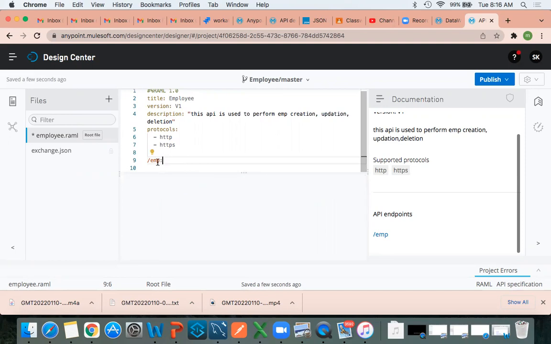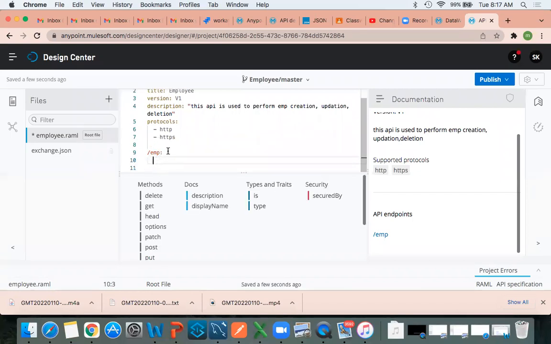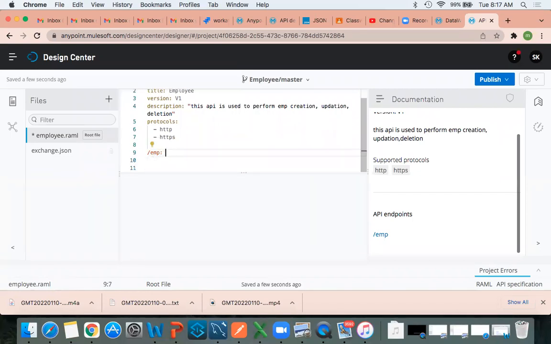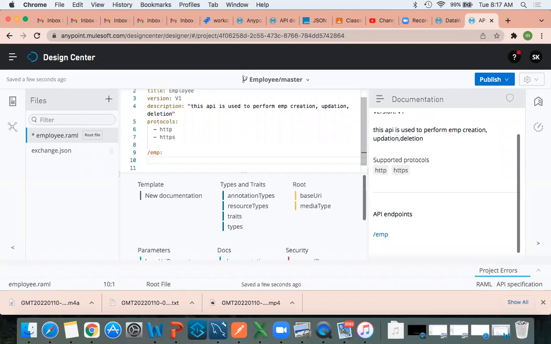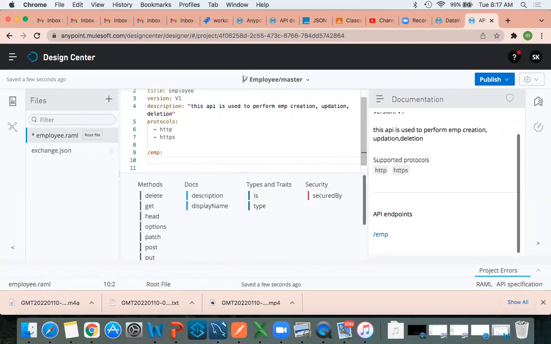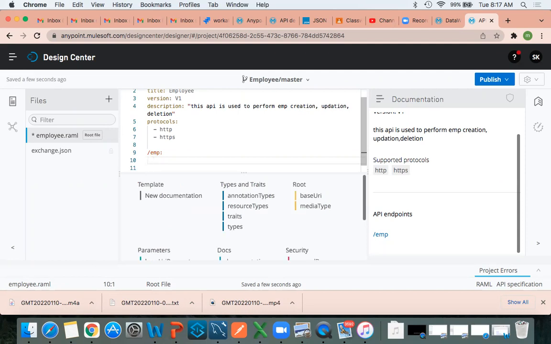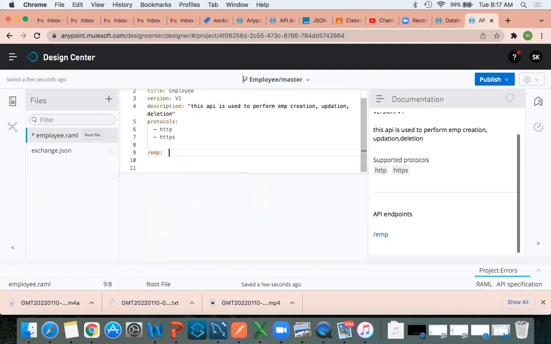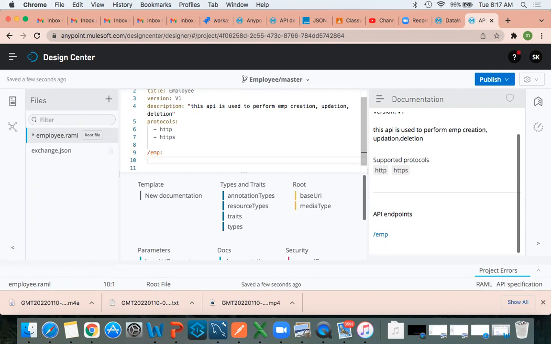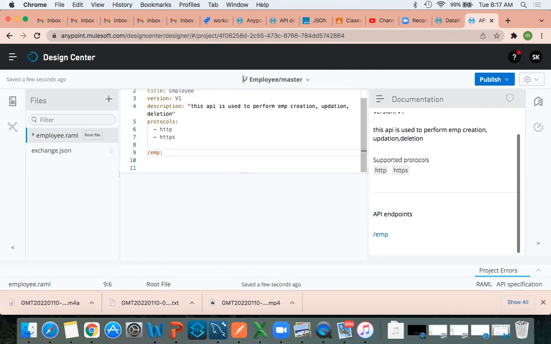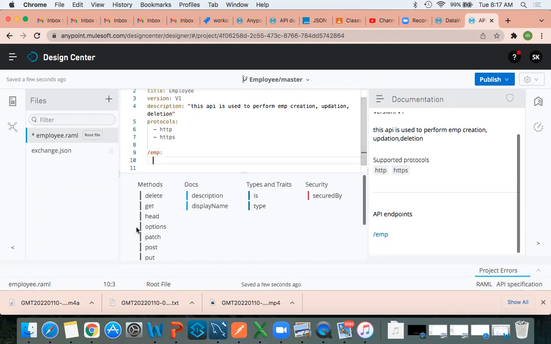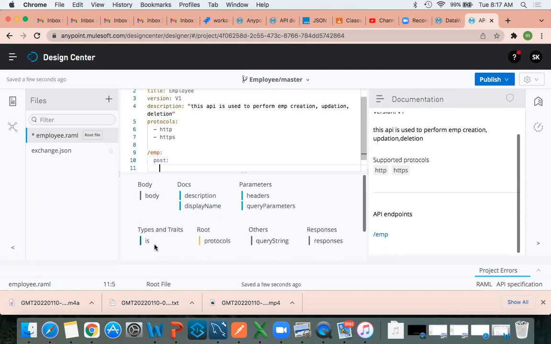You will get it. See, if you make some mistakes, you will not get it. Suppose I am here, and if I hit enter, I am getting this. If you give some space and hit enter, you will get different things, not the exact things. There is no other reason other than this. Understood? Thank you. Next, click on the post method.